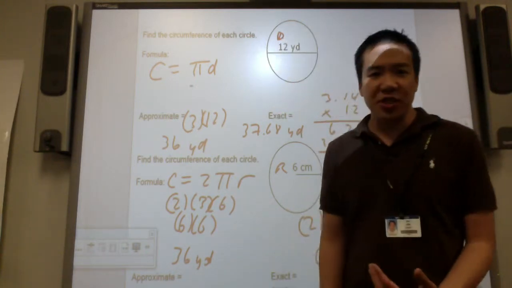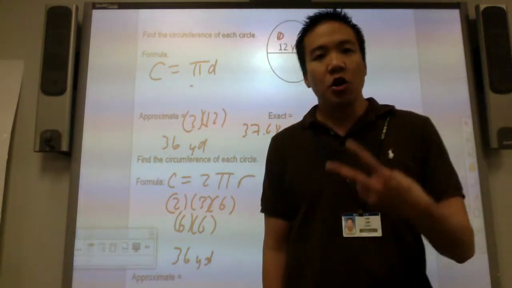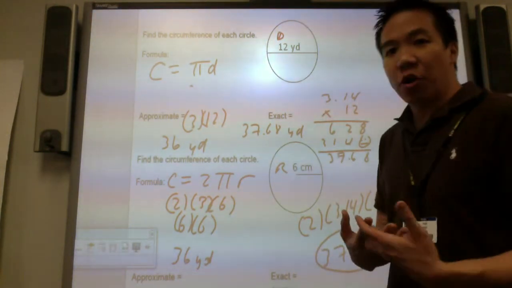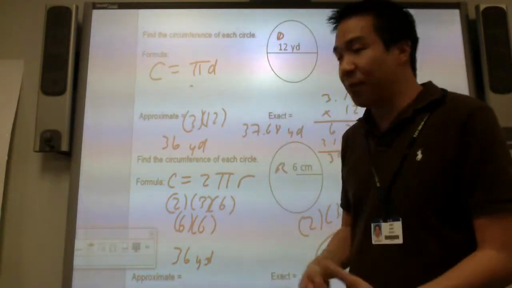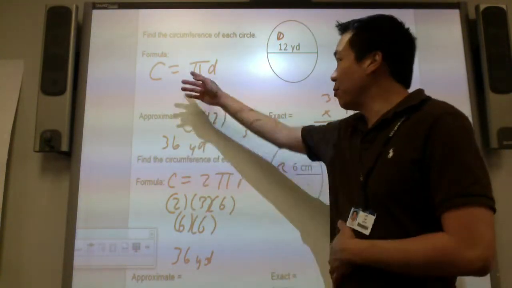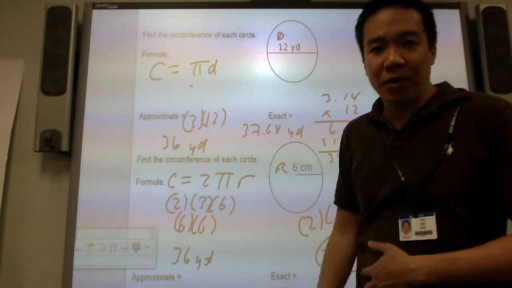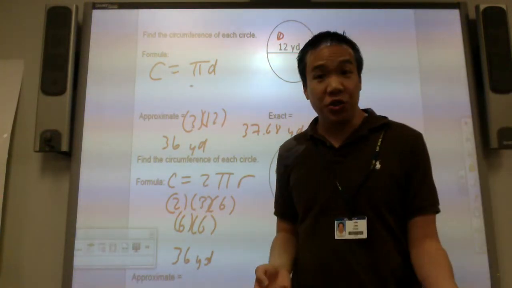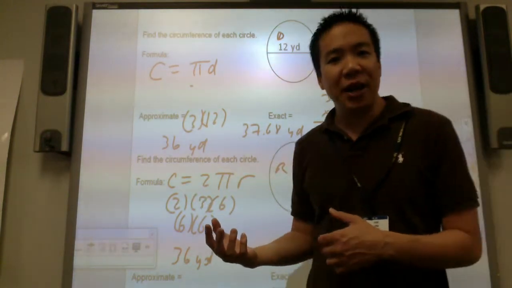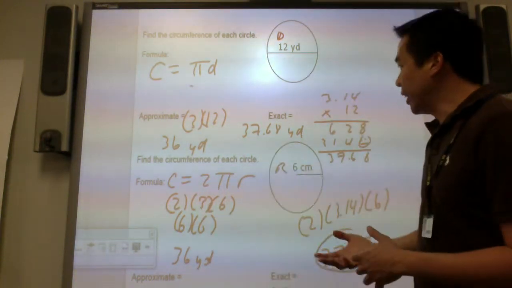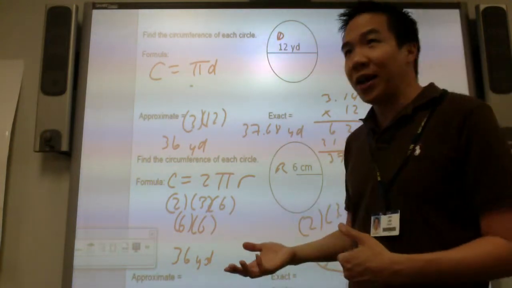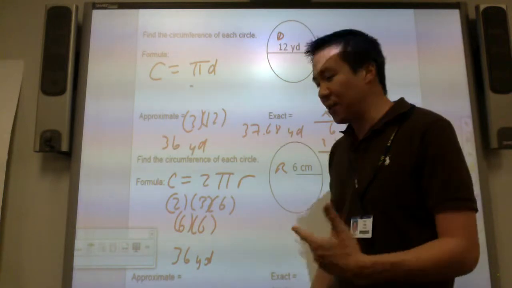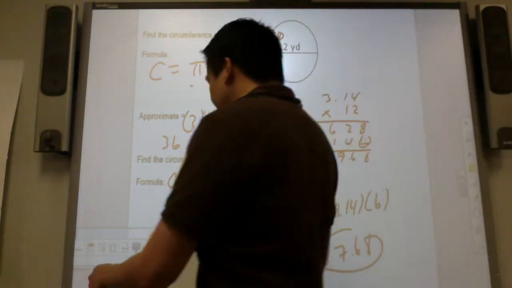So what we learned today is that to find circumference, you could use either formula. If you're given a diameter, I would use C equals pi d, which is multiplying pi times the diameter. Pi depends on the question. It could be an approximate answer using 3, or the exact answer using 3 and 14 hundredths. Or the next formula: if you were given a radius, I would use 2 pi r. So you multiply 2 times pi times radius. Let's look at our